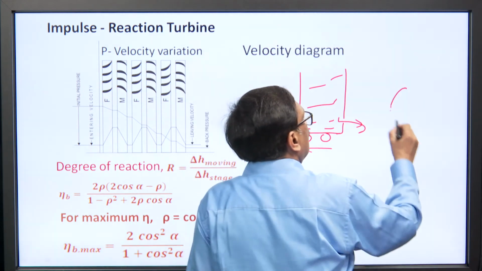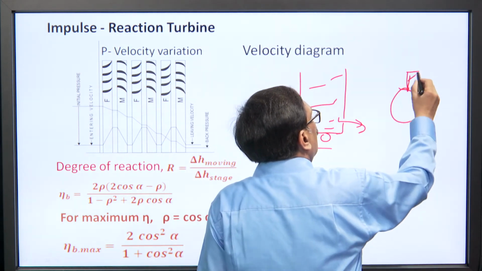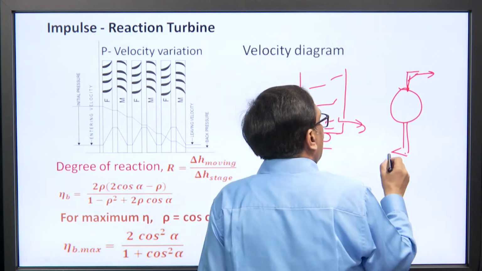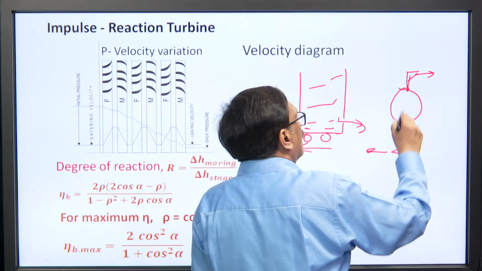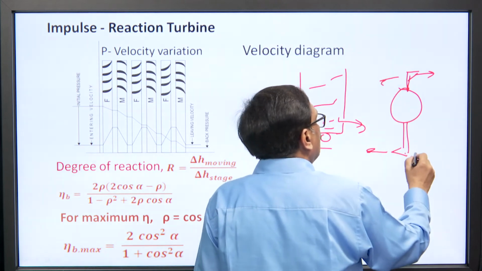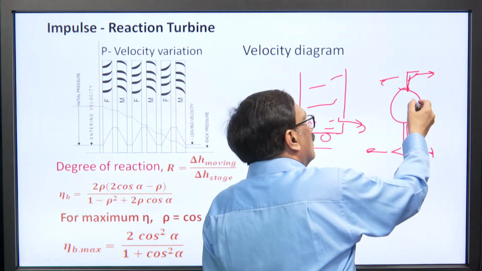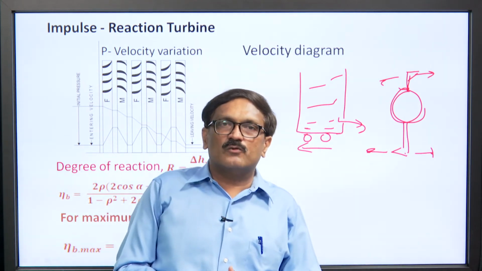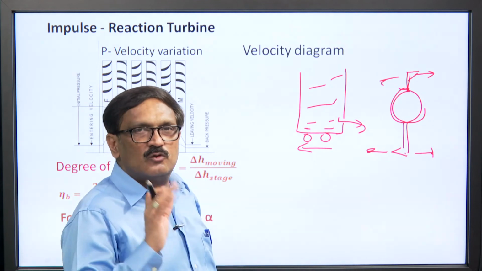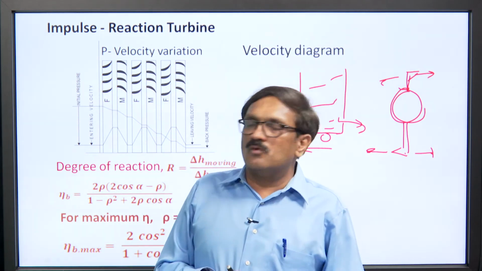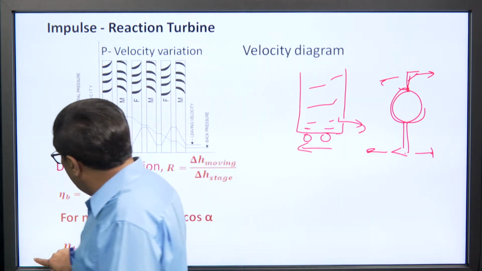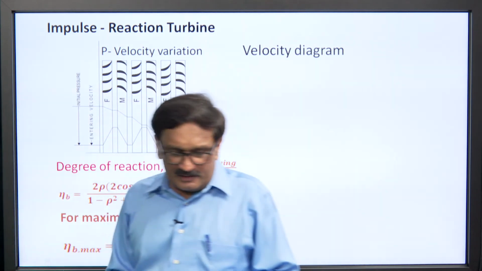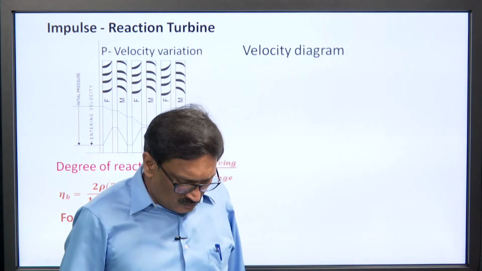Similarly, suppose there is a wheel and a set of nozzles, and steam is coming out from here in the reverse direction. It will produce a force, so it will start rotating. This is the reaction, the total reaction force. The first turbine, Hero's turbine, developed in BC times, was completely based on pure reaction. But nowadays no pure reaction turbine is there.